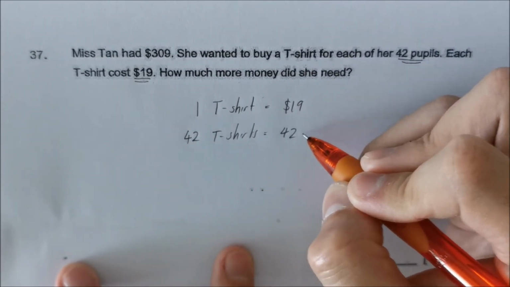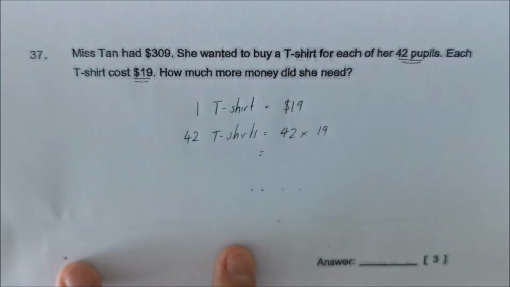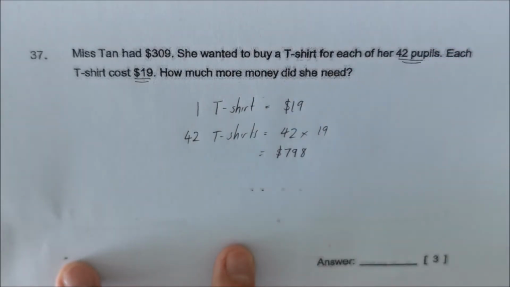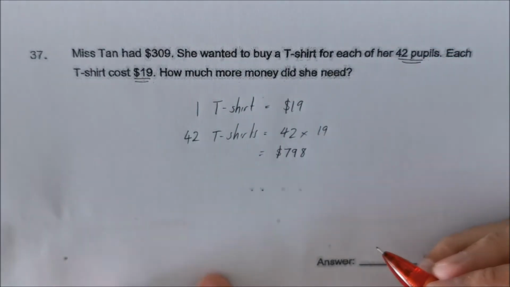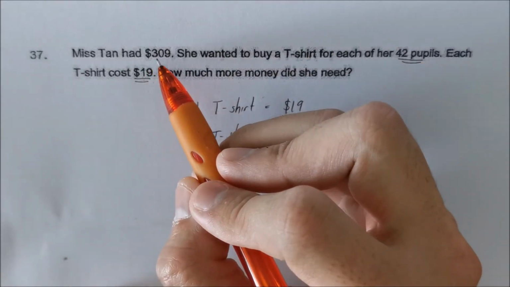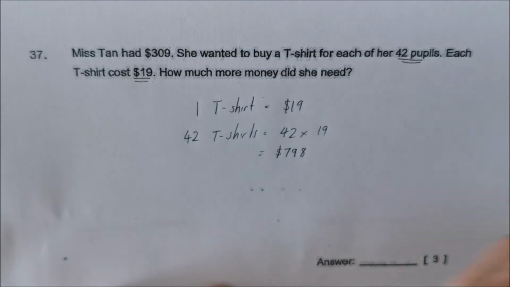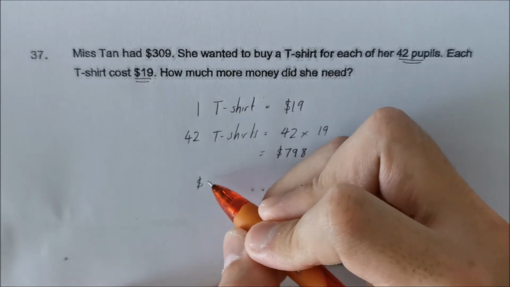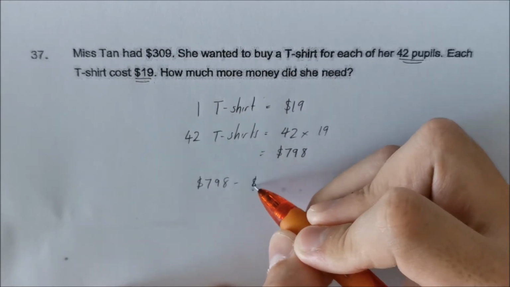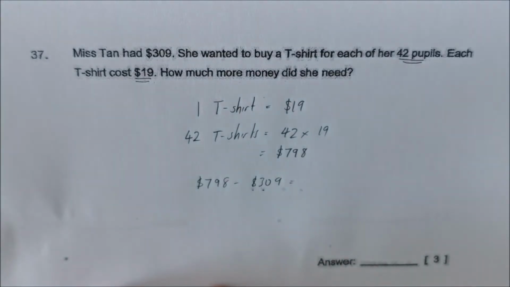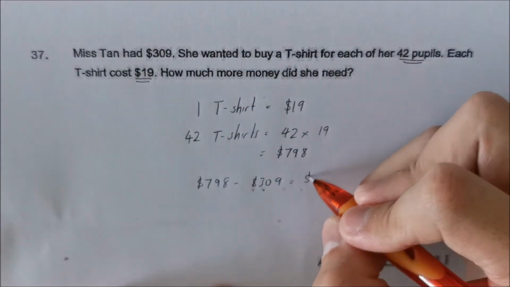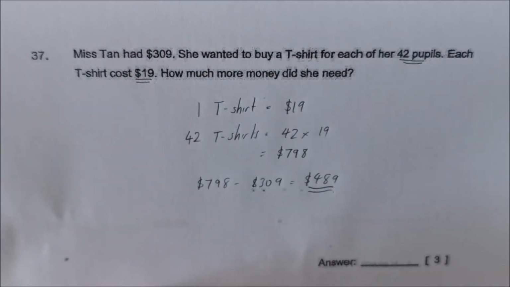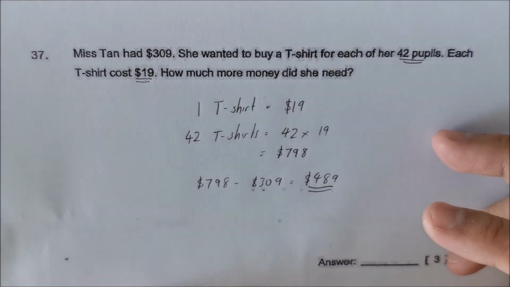So 42 t-shirts will be 42 times 19. That will be $798. But Miss Tan only has $309. So how much more did she need? What you need to do is just take $798 minus $309, and you should get the answer as $489. Okay guys, the question is not so difficult, but I think the problem for most of you is